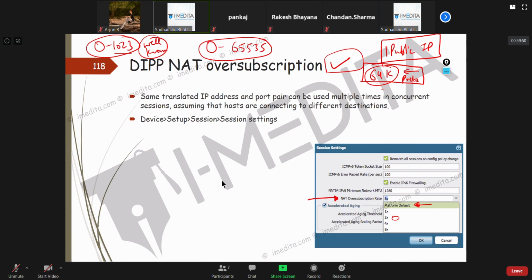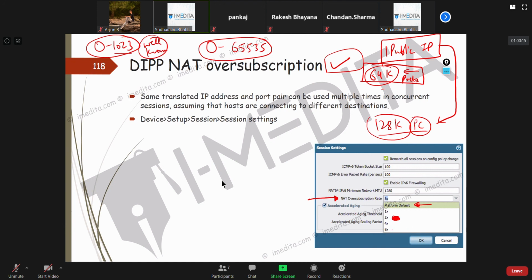But suppose I configure NAT oversubscription as 2x, then the same one public IP can be utilized by 128,000 people or PCs.